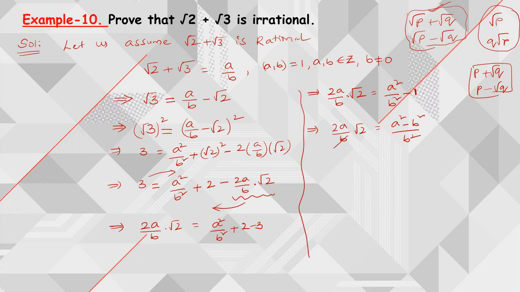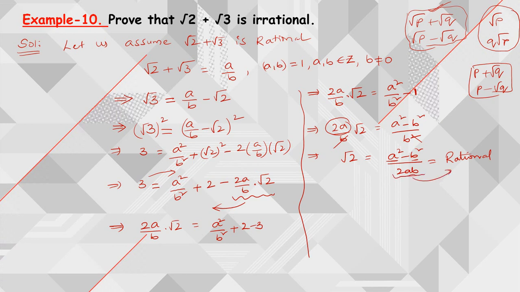On the left hand side we have b in the denominator, that b with b square, b times it gets cancelled. Now this 2a, when I transpose to the right hand side, I have root 2 is equal to a square minus b square by 2 times of ab. Now here a is an integer, b is an integer. So integer square is integer, integer square is integer. So integer minus integer gives me an integer by 2 times of ab. Integer into integer gives me an integer. So clearly this is a rational number.